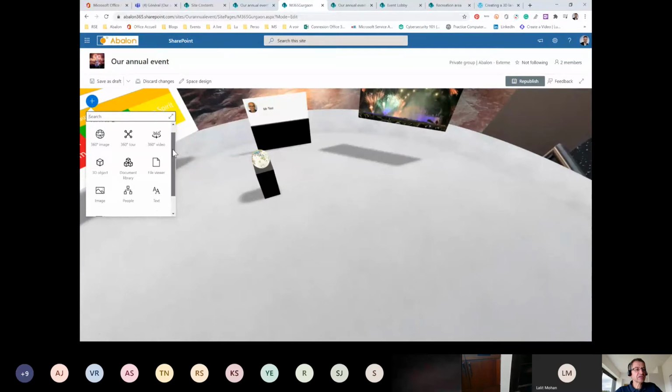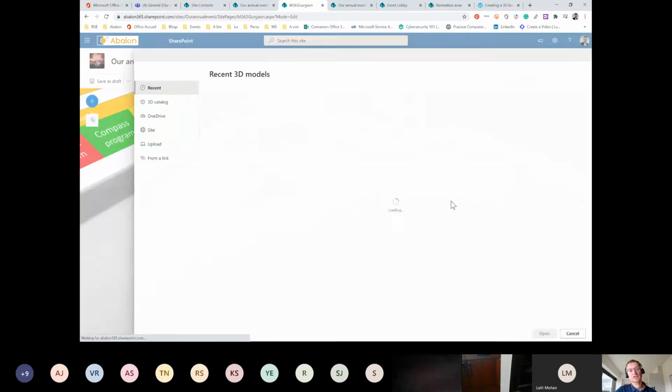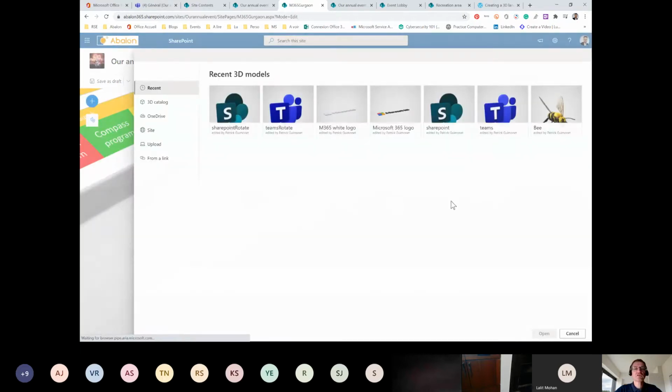Probably what makes things very interesting is 3D object. What is 3D object? These are 3D objects created outside of SharePoint, outside of this space,